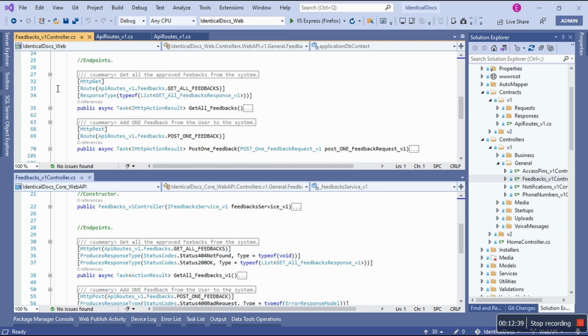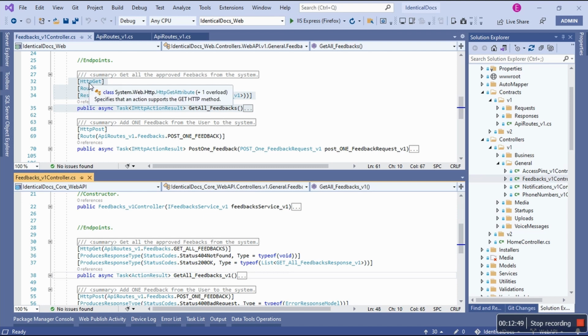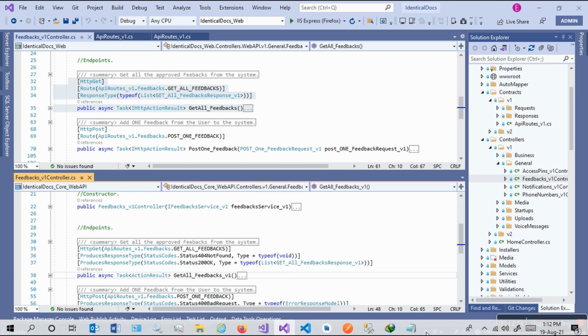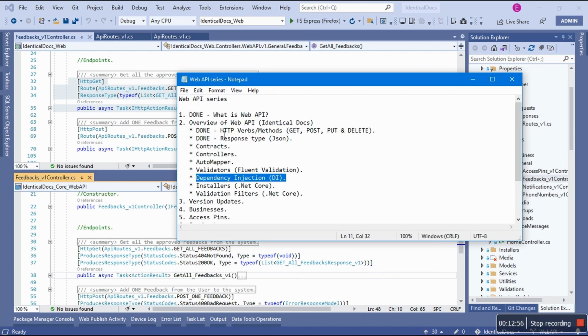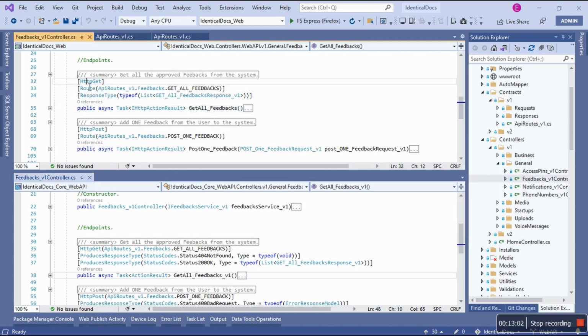So we're going to focus on this endpoint, and also on this endpoint for .NET Core, right? Cool. Now here's the thing. We learned in video number 1 about HTTP verbs: get, post, put, and delete, right? And in the second video we learned about response type with JSON, right? So we have the attribute, and then we have the response type,